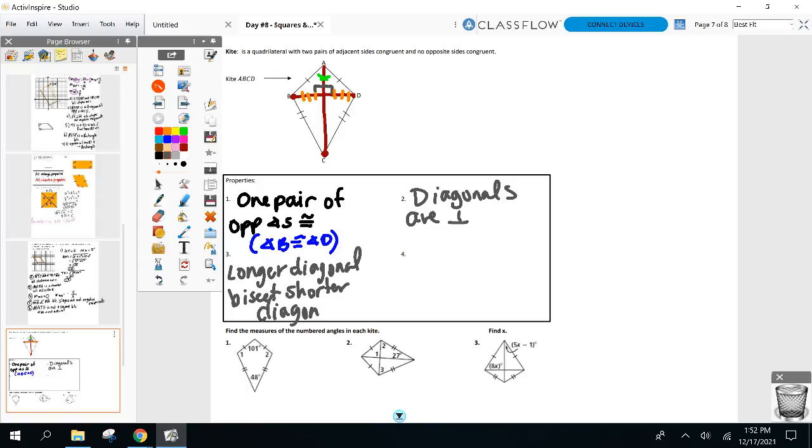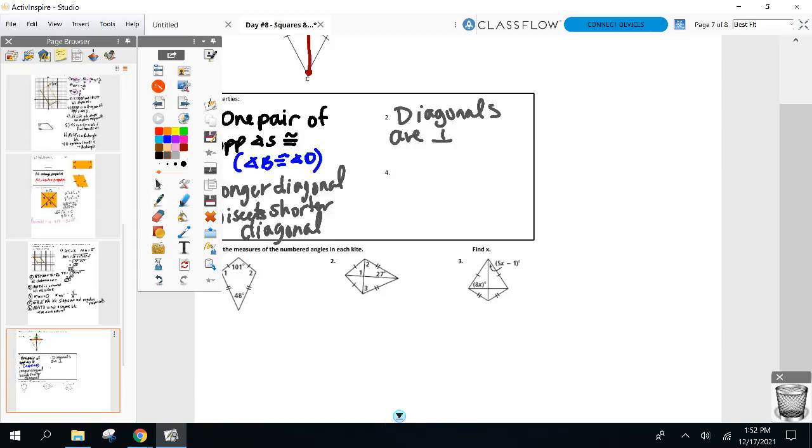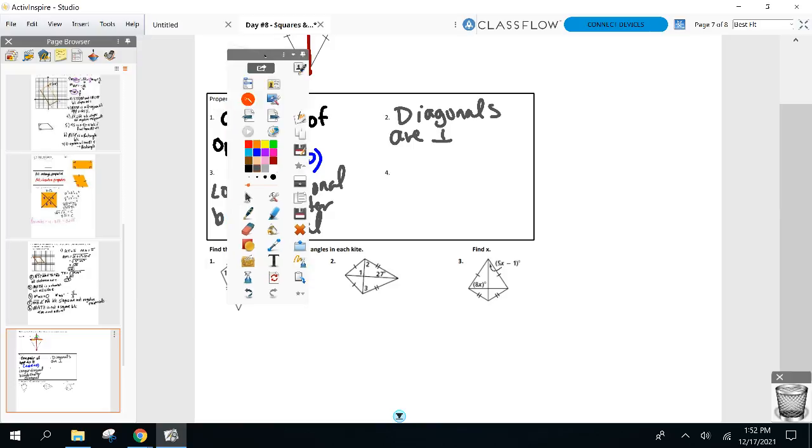And I'm not going to go over property 4. I'll kind of describe it as we do these examples. Longer diagonal bisects shorter diagonal. All right? All right, you ready? Let's use those properties and hit up these 3 examples and get the heck out of here and have a